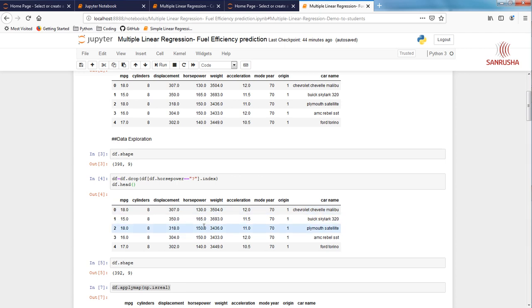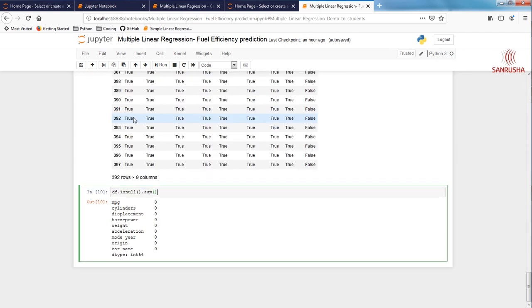If such kind of relations exist among the independent variables, then we don't need those variables. We don't need both of those variables in our data model. We need only one of them. So that is what is called multi-collinearity, and that's what we're going to find out, if any of our independent variable has multi-collinearity.